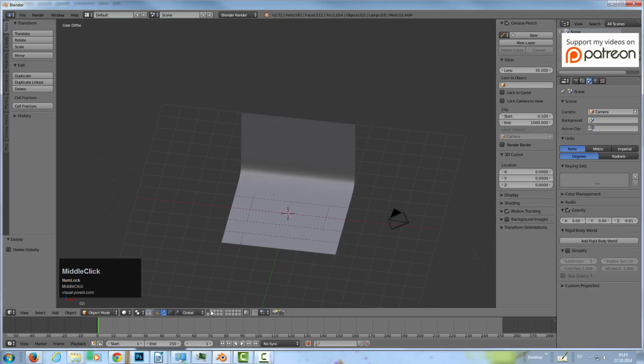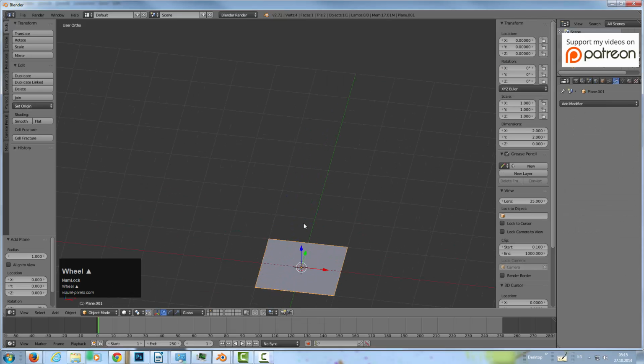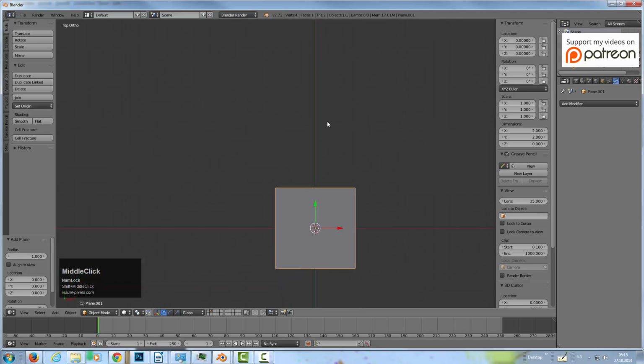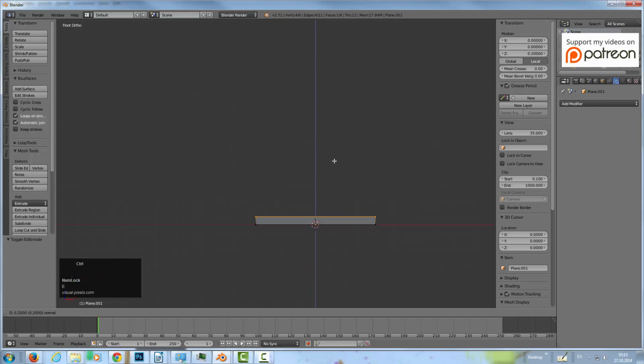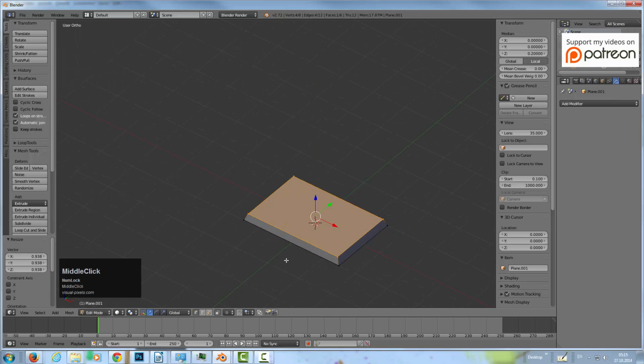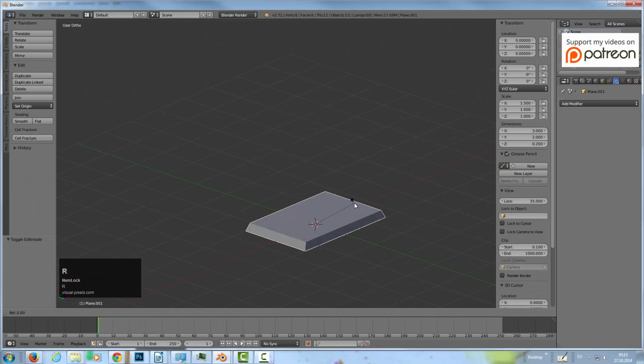That's really easy, just add another plane and make it a little bit more rectangular instead of a square. We scale in the x-axis by 1.5, and in edit mode I'm going to extrude this, something like that, and scale it down a bit. Something like that. And I'm going to rotate this guy here by 90 degrees on the x-axis,